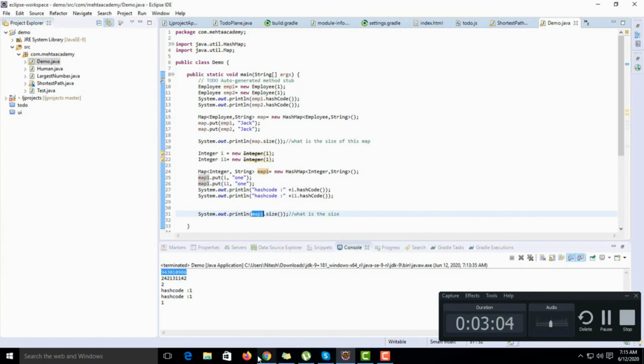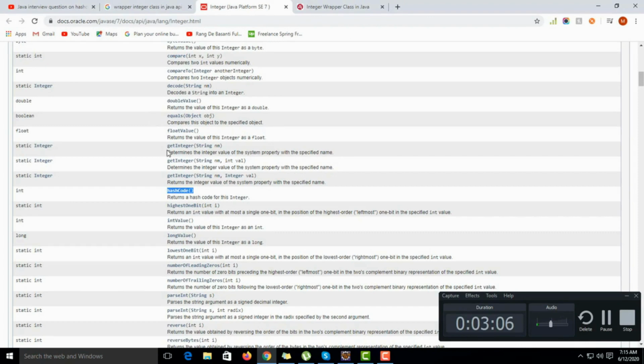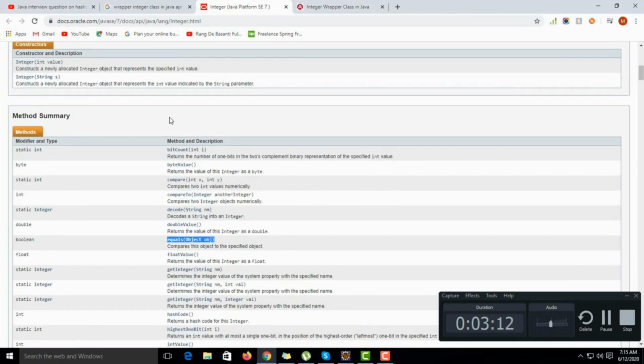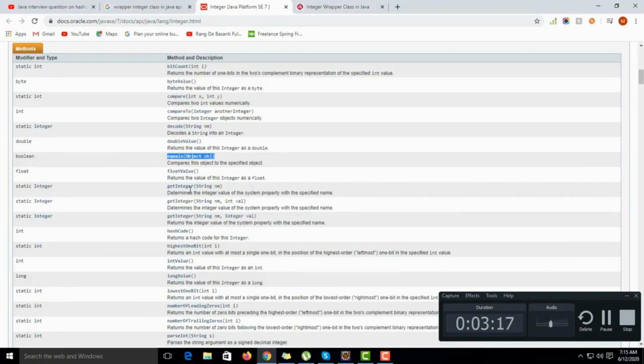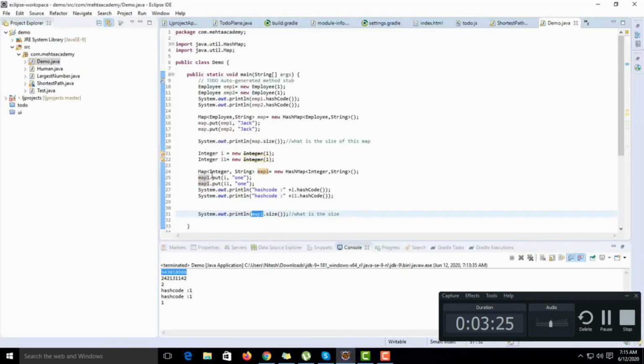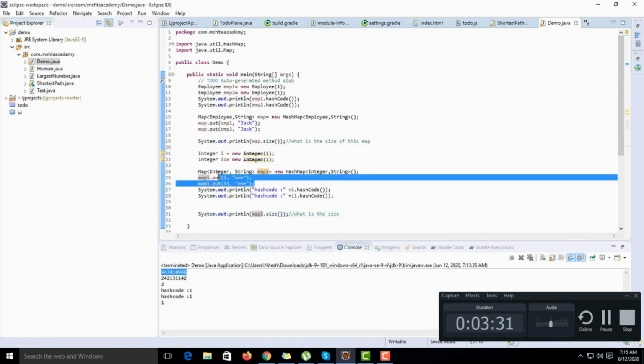Because in integer class there are already overridden hashcode and equals methods. See, I have opened the integer class, it's already overriding equals and hashcode methods. That's why this rejects the duplicate object.